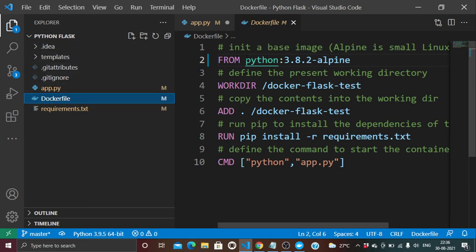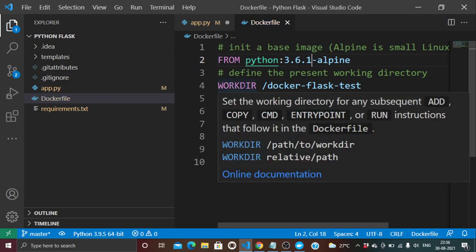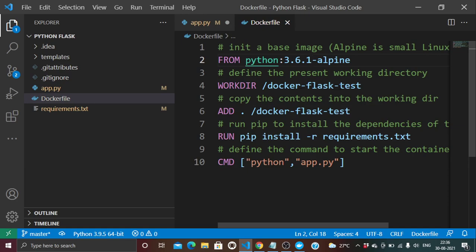We can see that error in the Dockerfile while Dockerizing. So for that, we'll edit it. Right, and after that we have WORKDIR docker-flask-test.